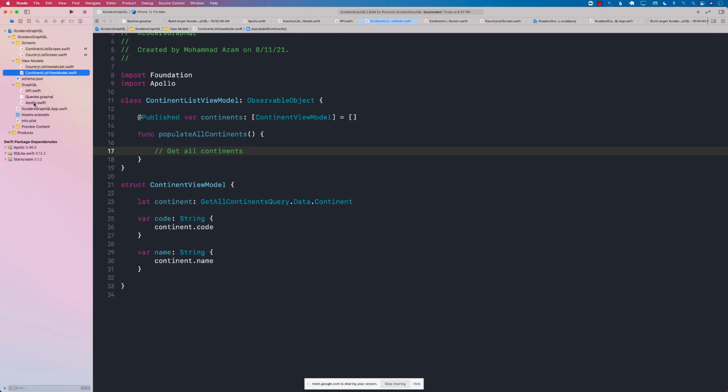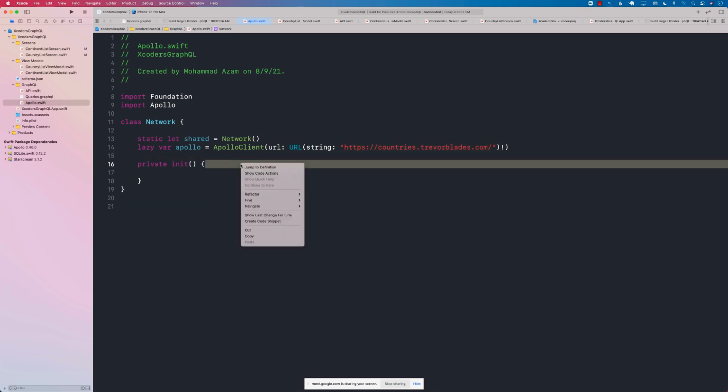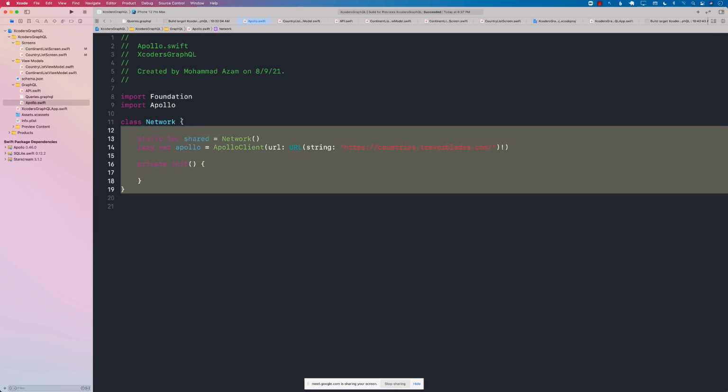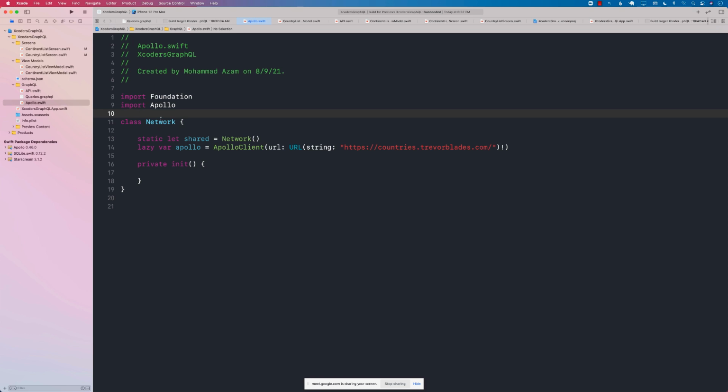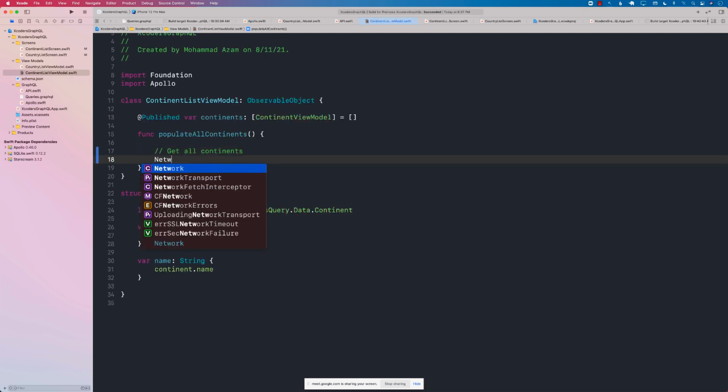For this, I've created the apollo.swift file, which only contains a few lines of code. It's using the Apollo client and it's using the URL that you have already seen, and that will be the entry point. That is going to be the one that does the fetching. So let's go ahead and use this. It's just a few lines of code that we had to implement, and now I can use my network class to perform the actual fetching. So I'll go into my continent list screen and I will say